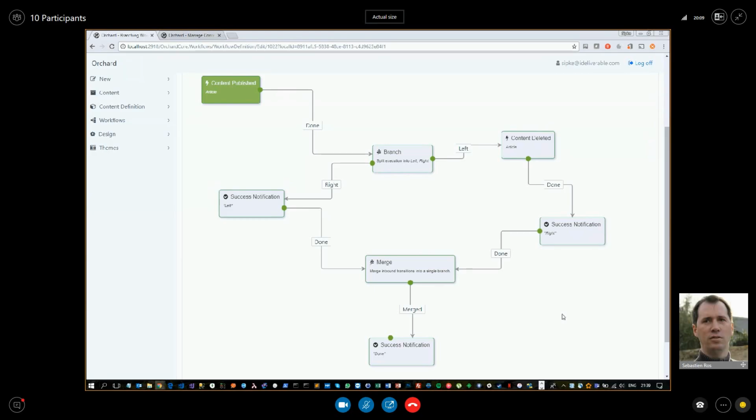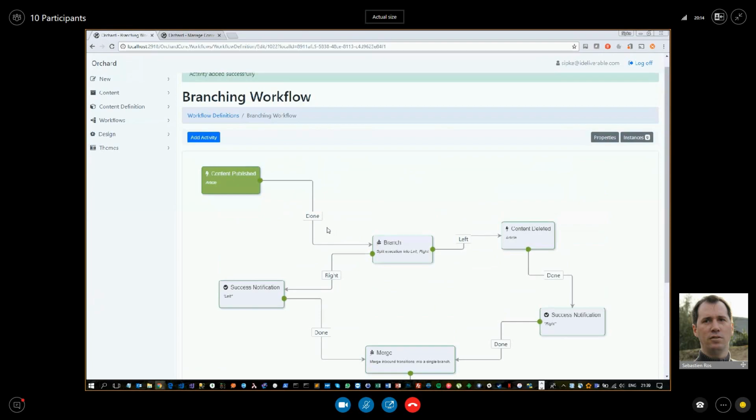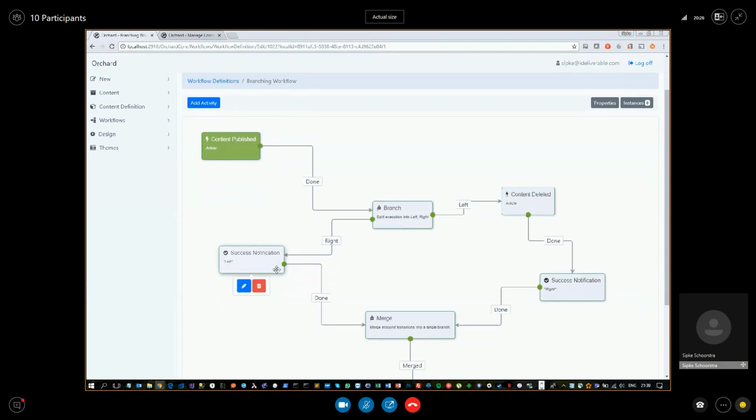Same thing visually. The events and the activities and the tasks should have something. You mean these little shapes here? Yeah. In Orchard one we use this little light bulb, and we use it independently of the icon.